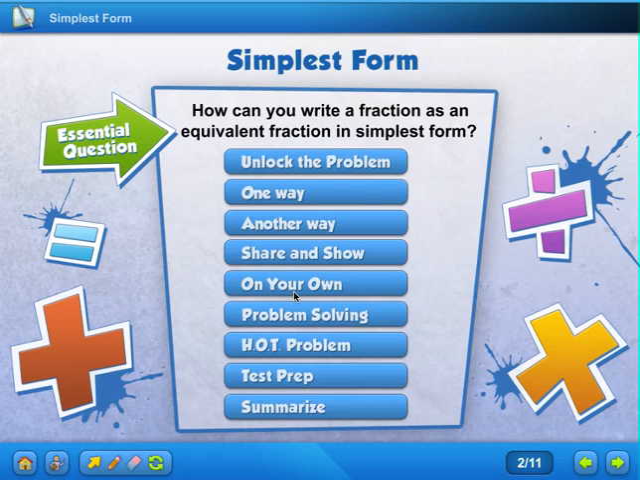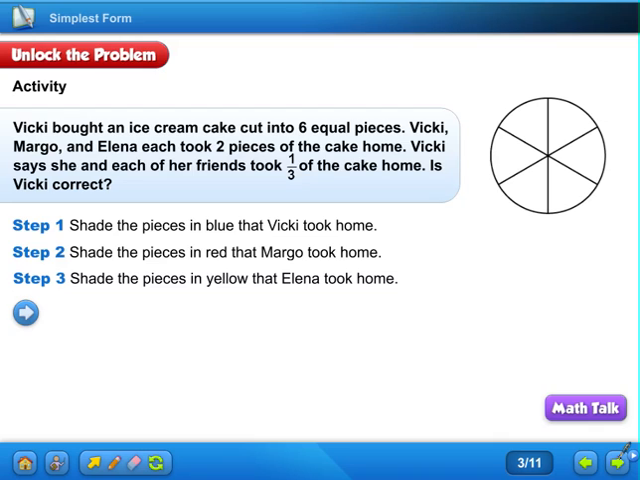This time, we're going to make the numbers smaller. Last time, we were making the numbers bigger. This time, we're going to make the numbers smaller. We're making it simplest form. We're trying to take it down to the lowest form you can make it. All right. So the question says,